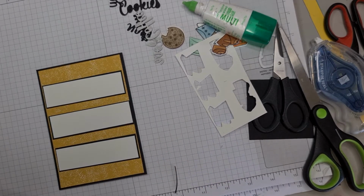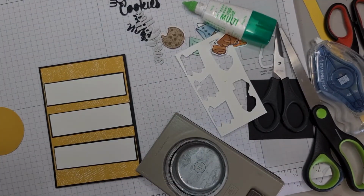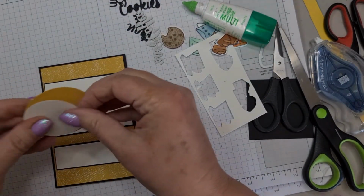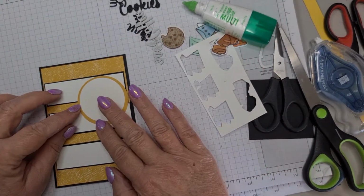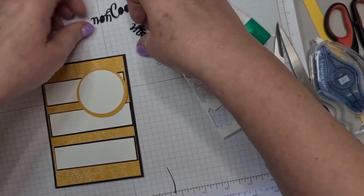And then we will have a bit of the basic white out of here, because the words are going to be black. So let's just see how it looks. So we're going to want something on here, and then you're going to have